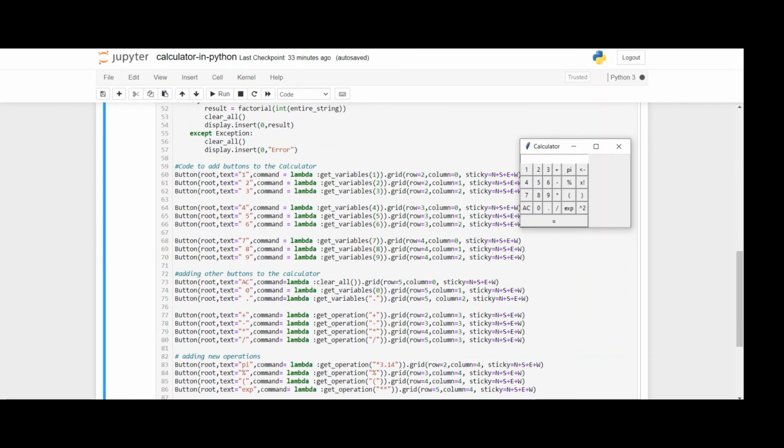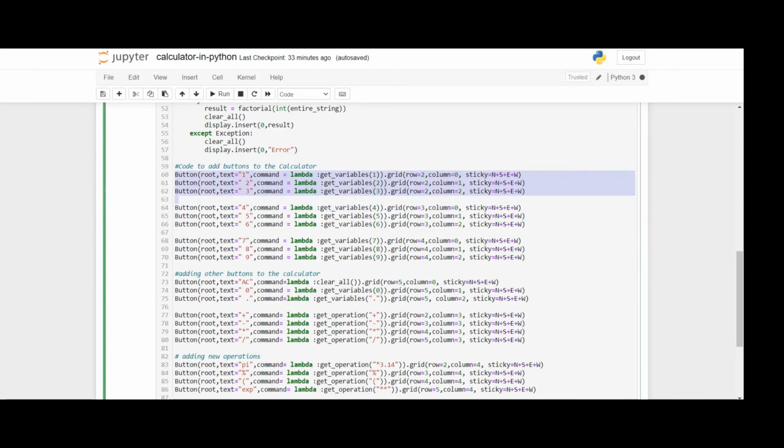So let's implement this function with another function called lambda. Lambda is an anonymous function in Python. If you don't know what lambda is, please go to my description, where you get the link for the lambda function section. You'll then understand it and come back to my code for better understanding, through which I can create the buttons.